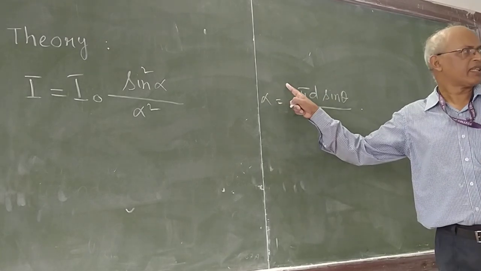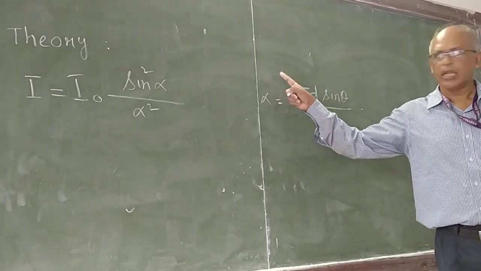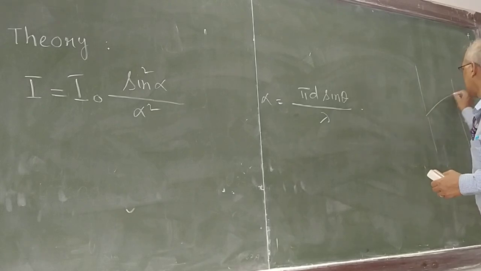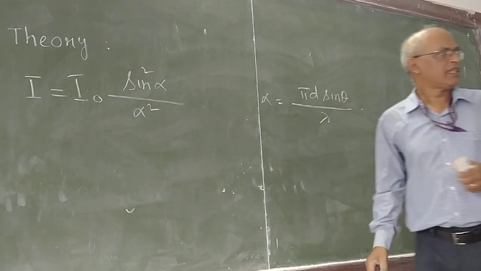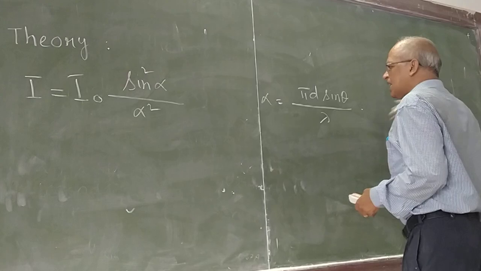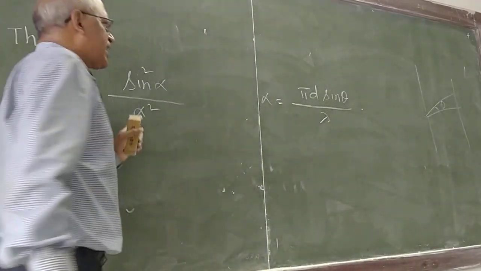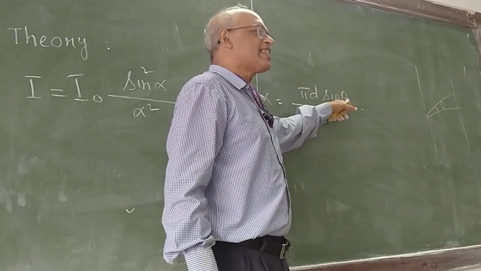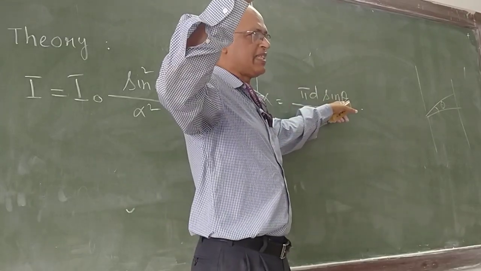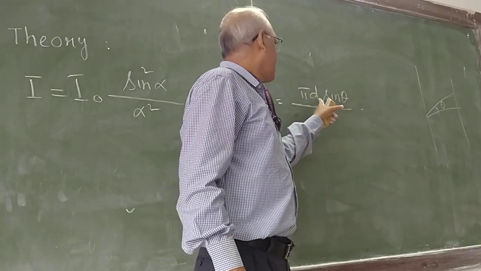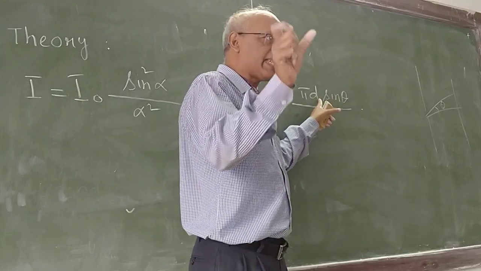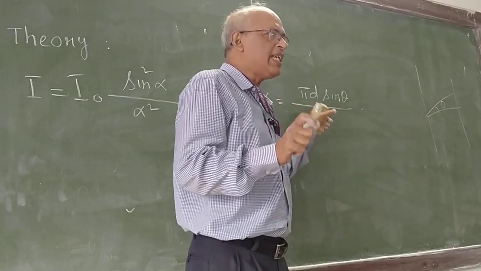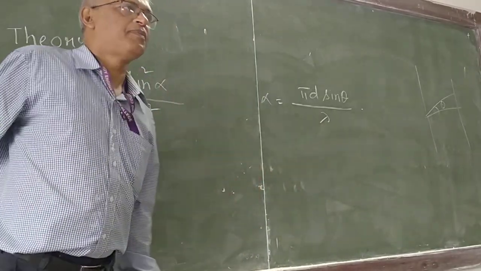What is alpha? Alpha is something you cannot think of physically. But theta you can think of. What is theta? Theta is this one. Understand? So from theta you can derive alpha. First of all you should check whether alpha is an angle or not. Pi is a number. What is the dimension of sin theta? It is dimensionless. Some number. And d is some distance, a length, and lambda is a length. So it is the unit of some angle, and that angle is called alpha.